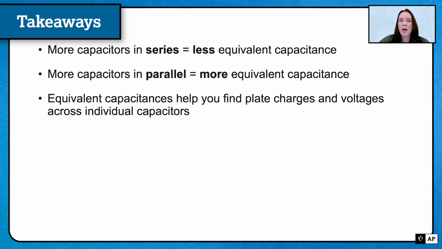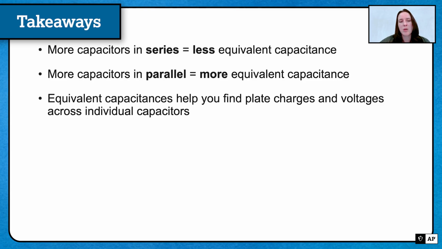In general, with more capacitors in series, you're spreading that limited charge over more than one capacitor, so you're going to have a lesser equivalent capacitance. Whereas when you have more capacitors in parallel, you're able to put a lot more onto the plates of your capacitors, which gives you more equivalent capacitance. And the equivalent capacitances help you figure out the plate charges and voltages across your individual capacitors by smushing them all together, calculating your values, and then popping them back apart again